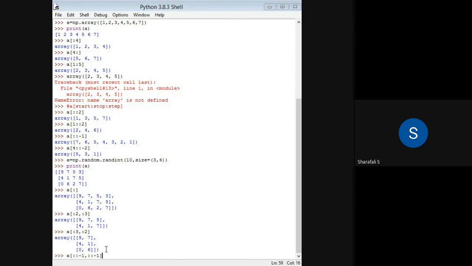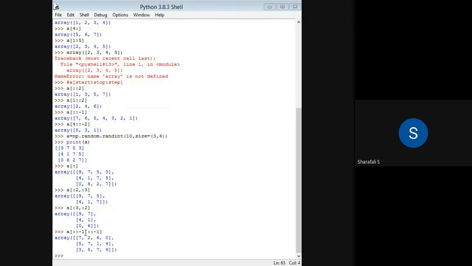So basically we are accessing, so this will also reverse. This minus 1, we are considering it as a step size which is negative, which means that it is going in reverse way. Okay. So you will be accessing all the rows in reverse way. You will be accessing all the columns in reverse way, and all those will be printed reversed. So when you consider this one, you are just inversing all those row values.